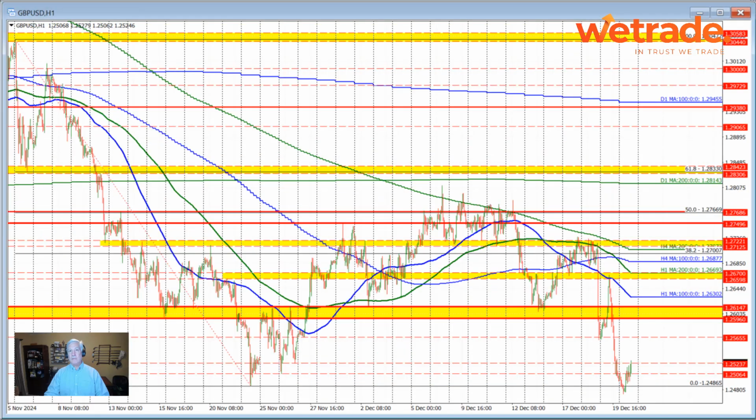Finally, let's take a look at the sterling versus US dollar. This currency pair moved sharply in trading yesterday. There was a dovish, unchanged policy from the Bank of England. In this case, they had 3 dissenting votes from members looking for more cuts. That sent the pair from the 100-hour moving average, that's this blue line up here, and this swing area, all the way back down toward a low price that we saw in the month of November. We moved a little bit below that level in trading here today, but could not sustain the momentum and started to rotate back to the upside here, taking back some of the breaks of the swing levels